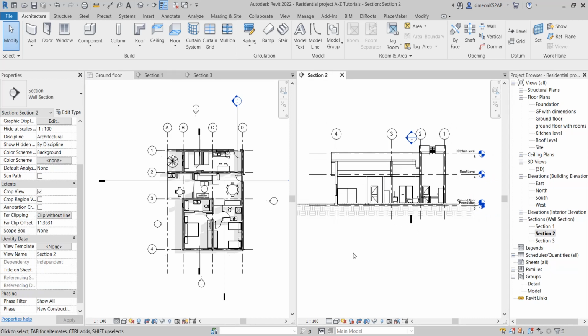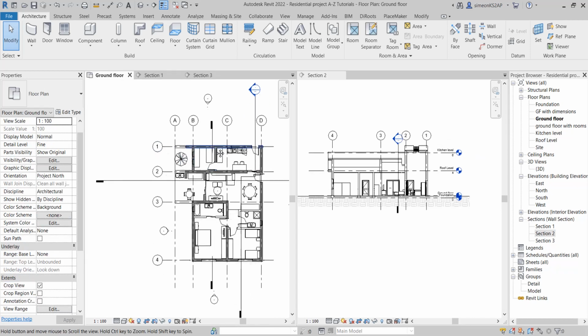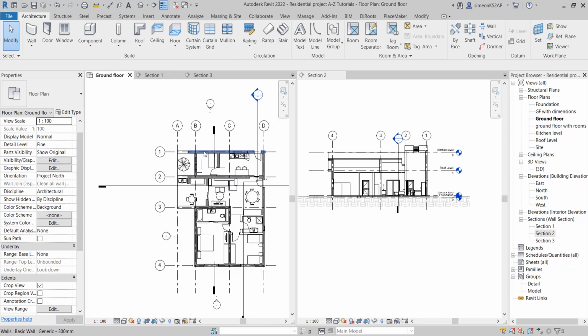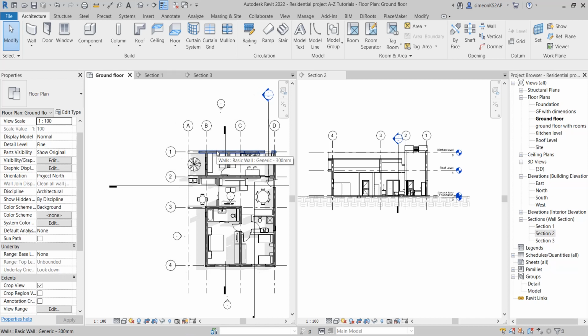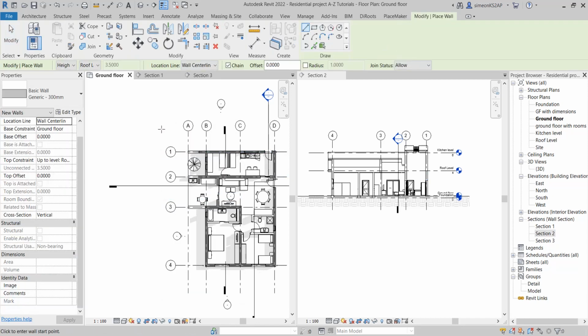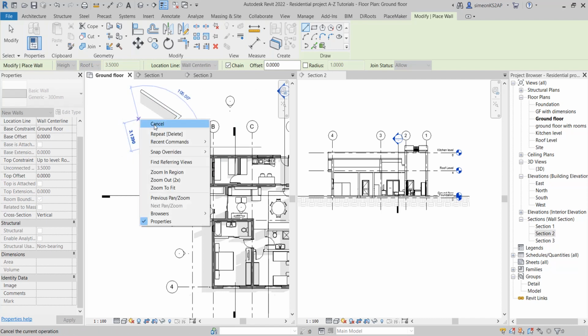So that we can view the changes in real time. Now, to illustrate these options, I'm going to use another wall outside of the extents. I'm going to go to this wall, right click, then create similar, and I'm going to create another wall from here to maybe something like that. Let me make it like this so that we can have